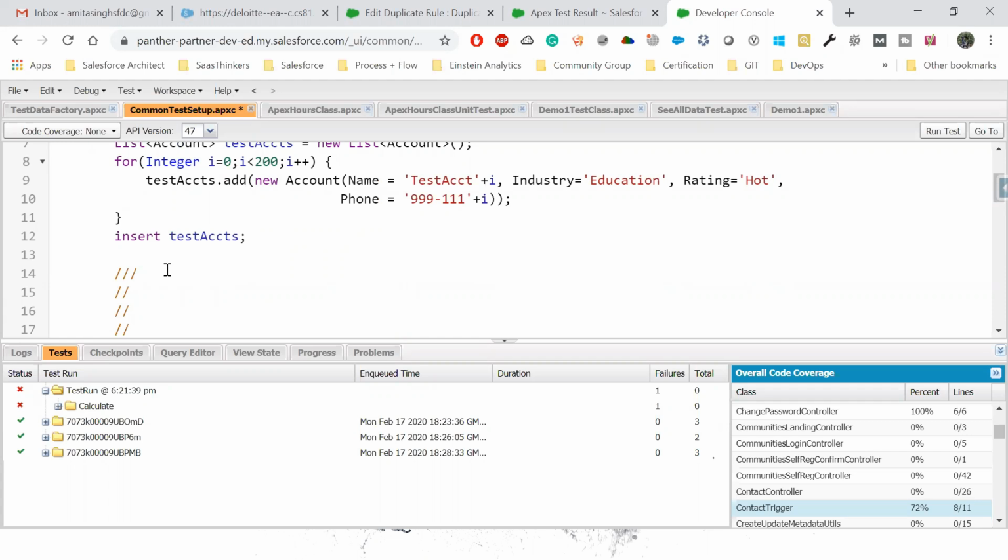For the first account, the name will be 0, and the phone will be 999 1110, because the i is starting from 0. For the second account, it will be 1, and then again the phone number will be 999 1112, and then the same thing goes with the third account, and then this phone number is